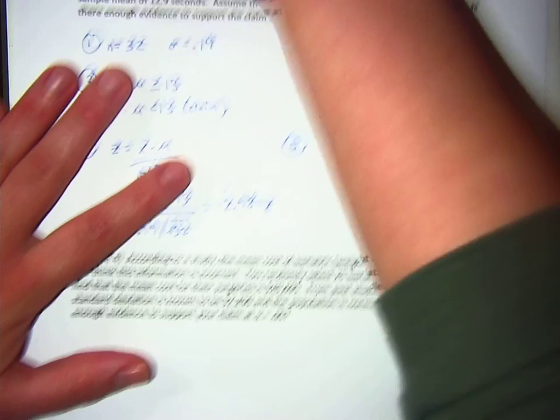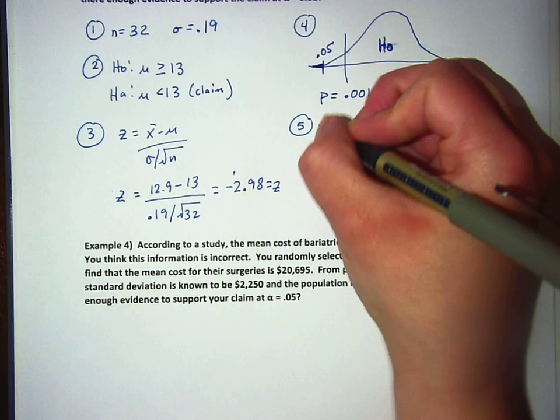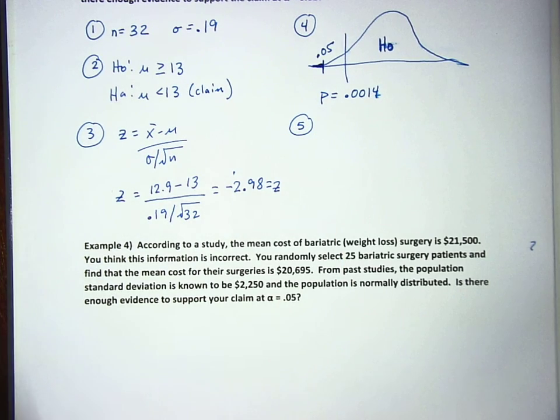So, going back to here. Alright, 5. So again, if p is less than or equal to alpha, we reject